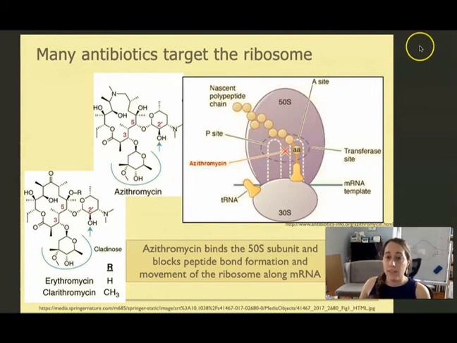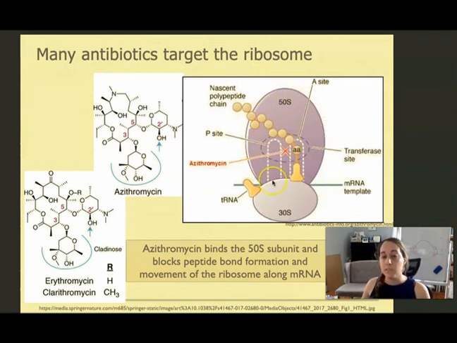What we are looking at here is the assembled ribosome, and then there is this molecule, which is an antibiotic called azithromycin. There are also similar antibiotics, erythromycin and clarithromycin. You can see that they are very similar structurally, and they will all bind to the large ribosomal subunit, the